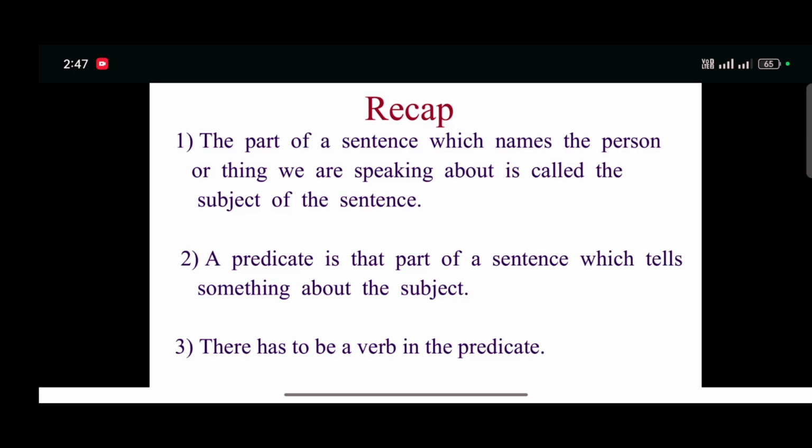Let us see what we learned in this module. We learned that the part of a sentence which names the person or thing we are speaking about is called the subject of the sentence. A predicate is that part of a sentence which tells something about the subject. There has to be a verb in the predicate. In the next module, we shall deal with the